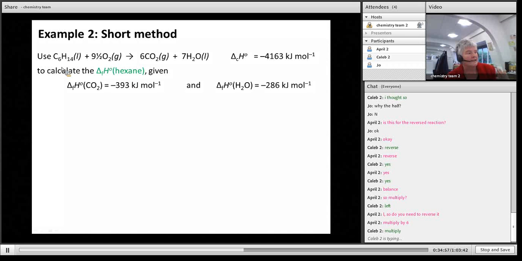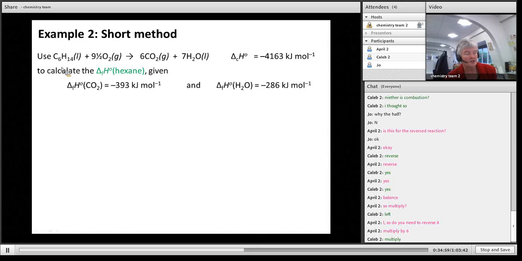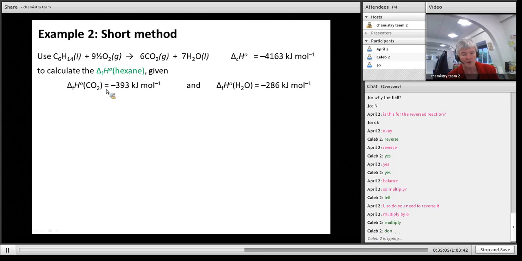So here's the same one using a short method. Sorry, Caleb, if you were referring to the previous slide, I don't mind going back. Okay, right. So